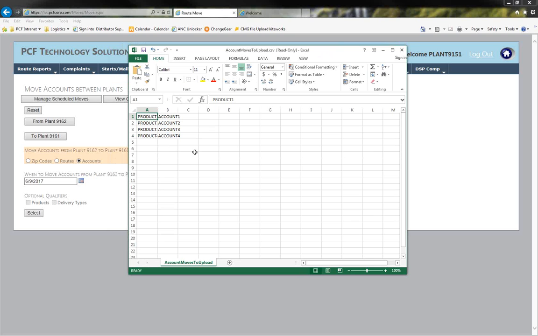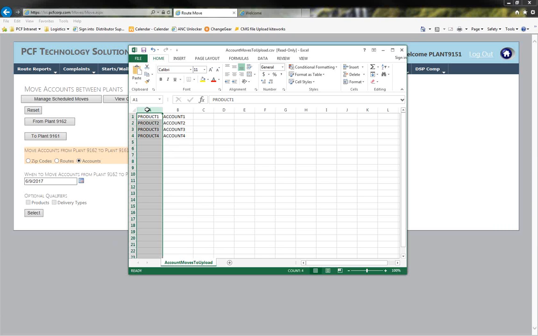Here's an example. What you have here is a CSV file that you would have to upload. Column A would have the product code. Column B would have the account number. There's no headers,